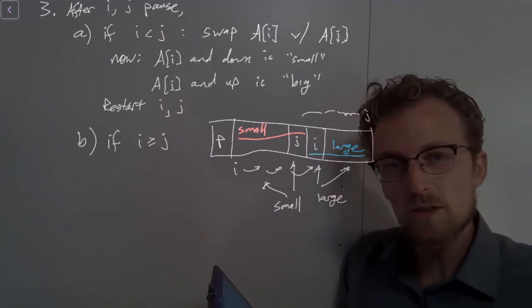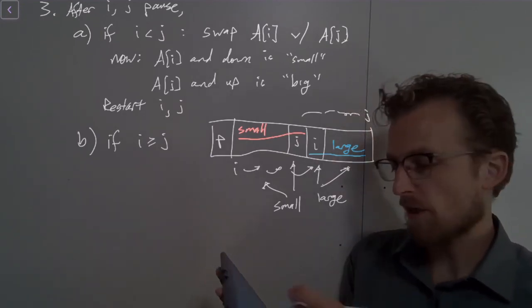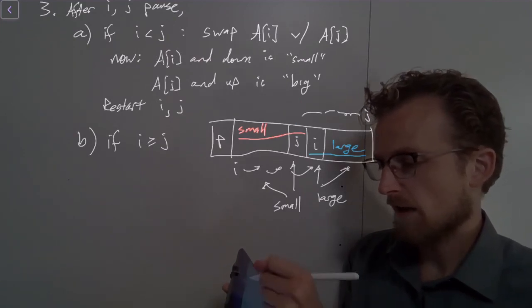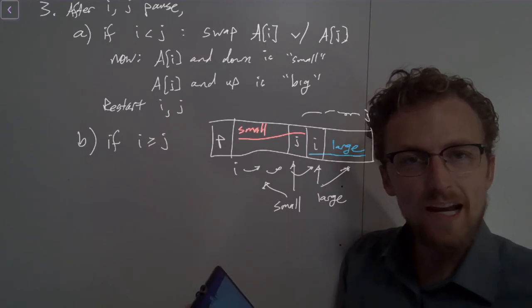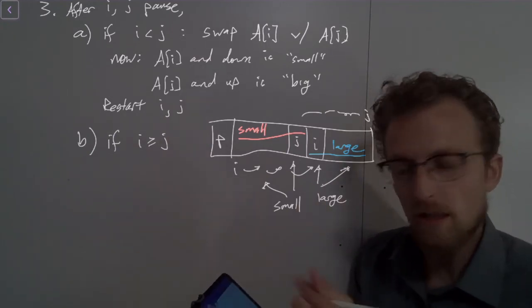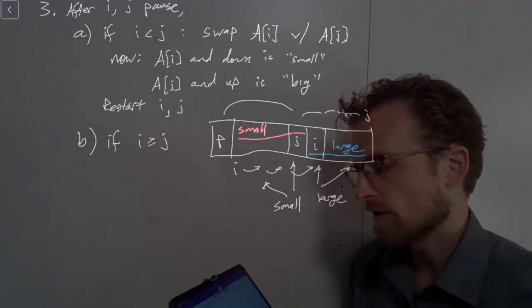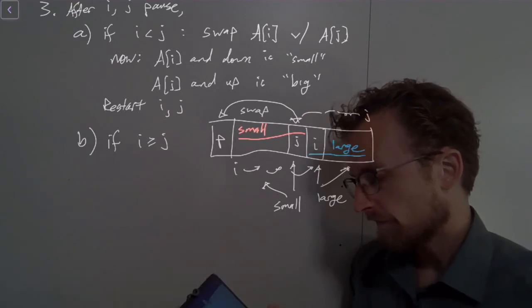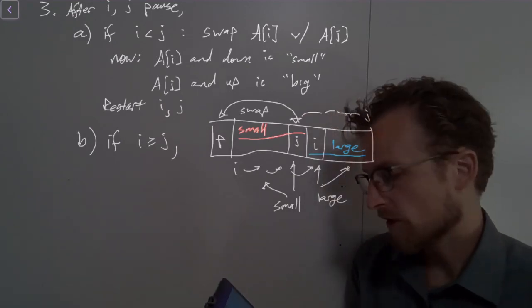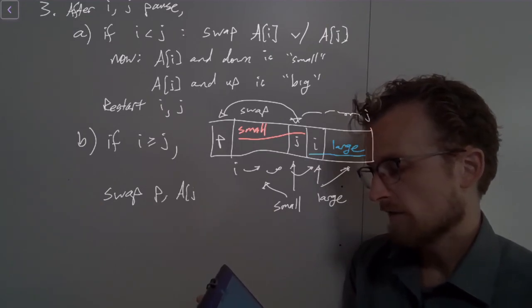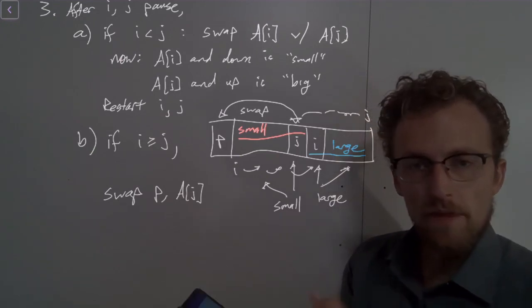What does that mean? It means that we swap a[j], the thing that's here, and P. And the fact that a[j] has been identified as small means that it's fine to put it on the left of P. That's what it means for it to be small. So we swap these two. So if i is greater than or equal to j, we swap P and a[j], and then we return